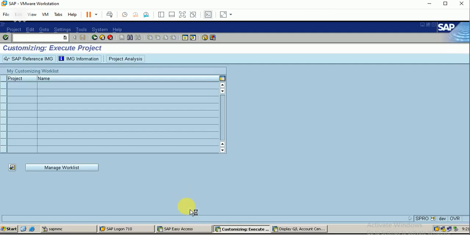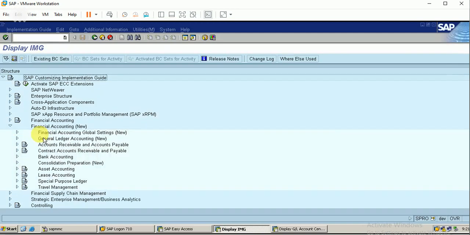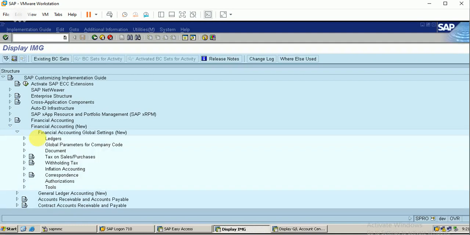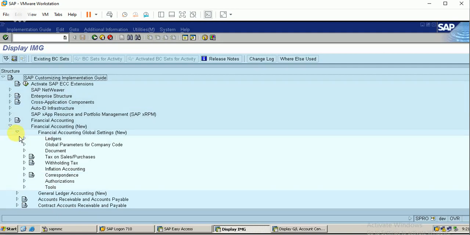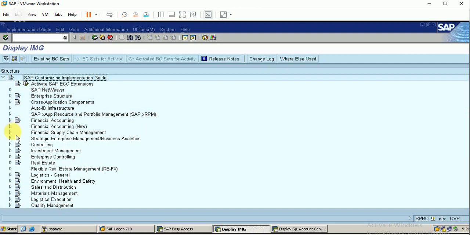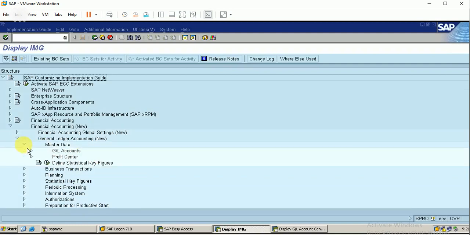Let me show it. Click on Financial Accounting New. It has no T code, so I will go by the navigation path. I think it is under General Ledger Accounting New, in the master data, profit center.